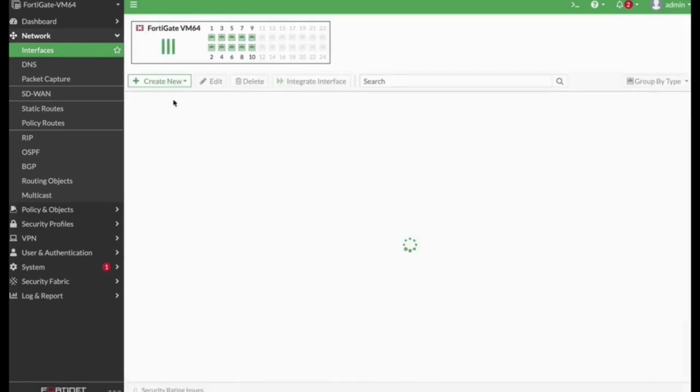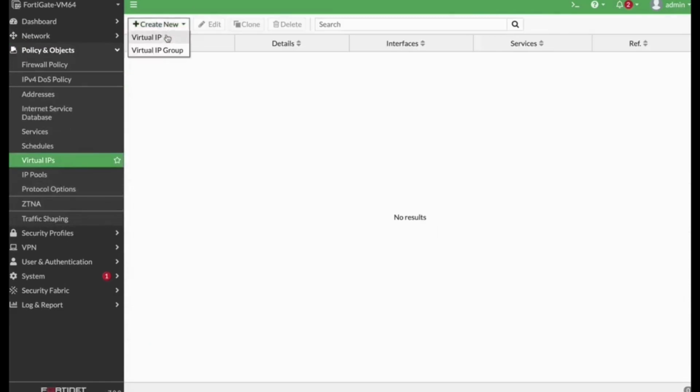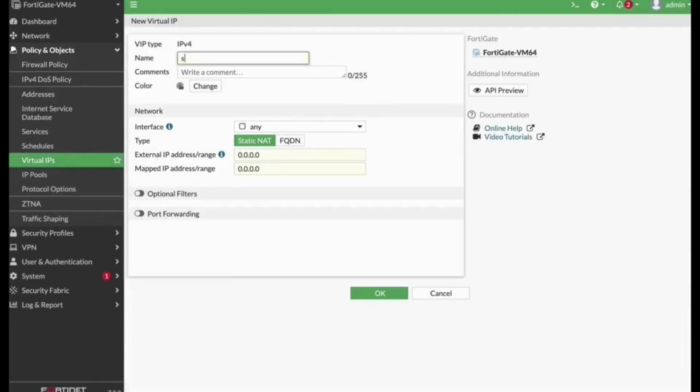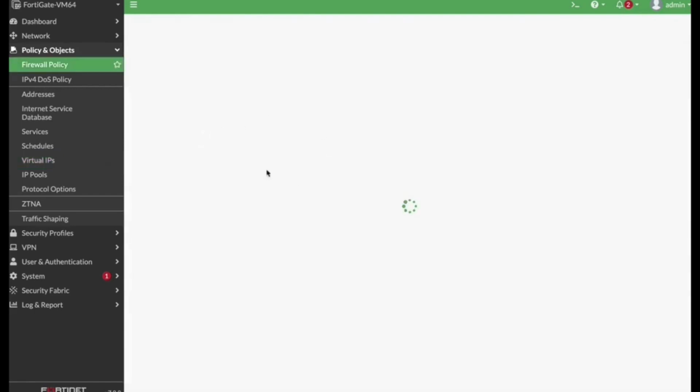All right, and let's create our VIP server. So let's create a new virtual IP. Let's name it server, and there let's use a fake external IP, and let's map it to our server 10.0.6.7. Okay, now one of the nicest things is that you can actually create the firewall policy directly from that object. So right click on it, create firewall policy,